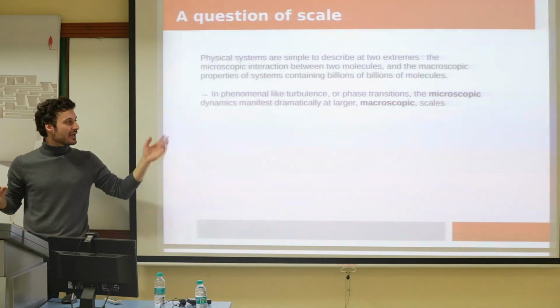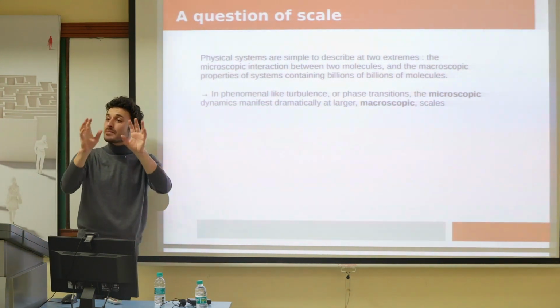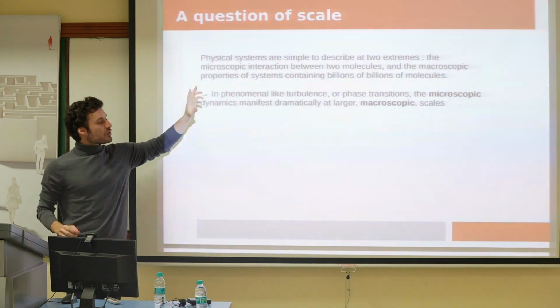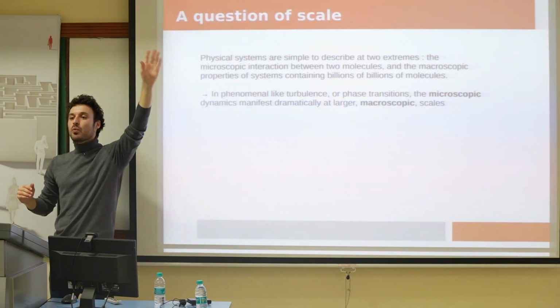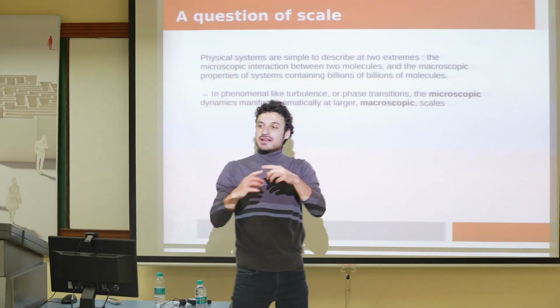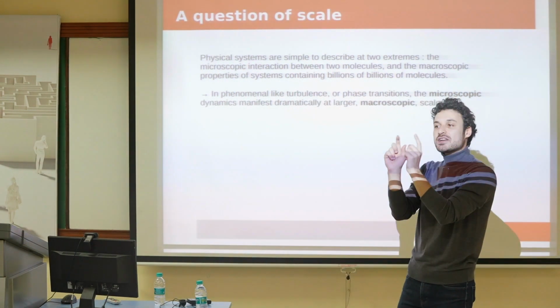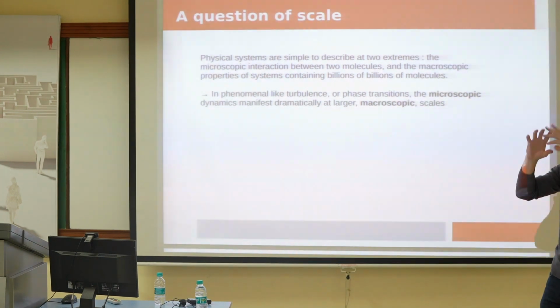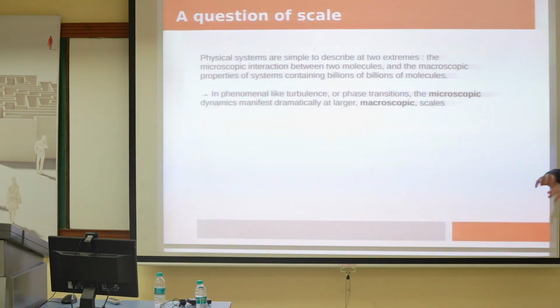Pressure will be linked to the average momentum that these particles have. So you have two extremes in physics, right? On the one hand, detailed understanding of how two-body interactions work, detailed understanding of how things operate on very small scale with very small systems. And then you have a very good understanding of what happens when you have a system of billions of molecules or of subcomponents, because in that case, the only thing that interests us are average properties.